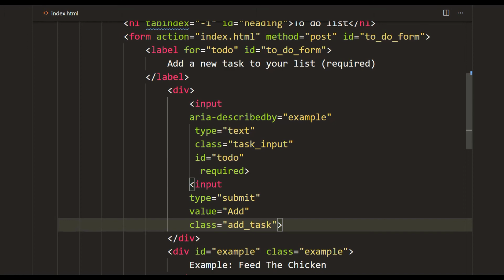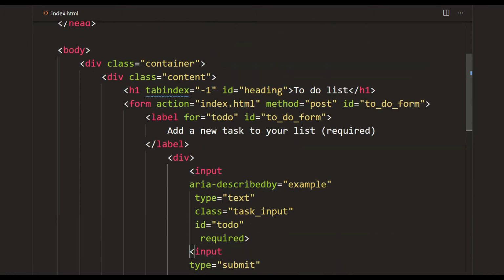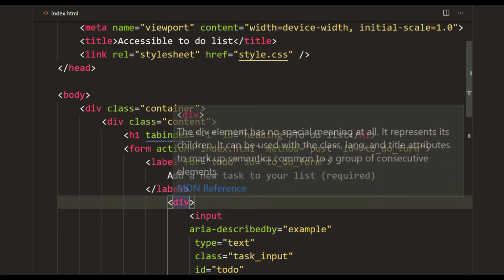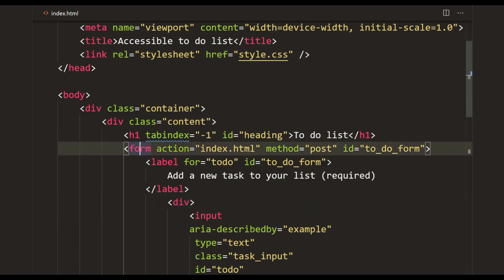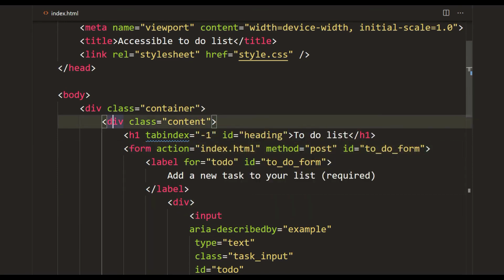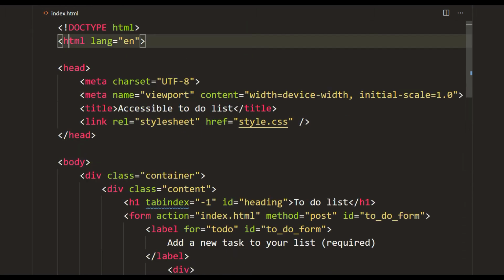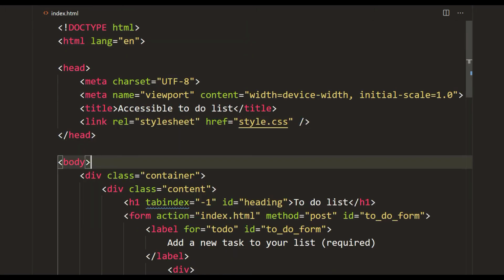The submit button gets the click event, but then the click event just goes up the DOM tree. And so this div, which is a parent of the submit button, gets the click event too. Then its parent, which is the form, gets the click event. Then its parent, which is this div, gets the click event, until it goes all the way to the HTML element. This is what bubbling is.